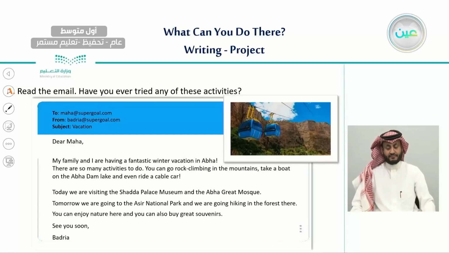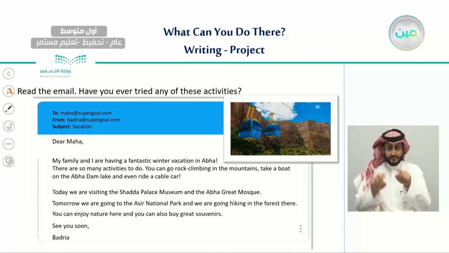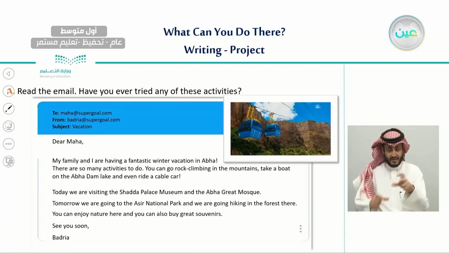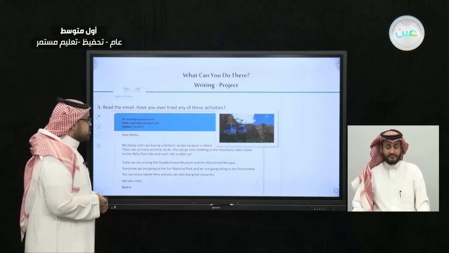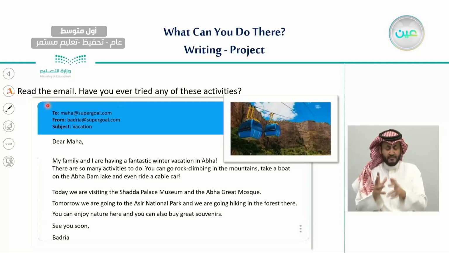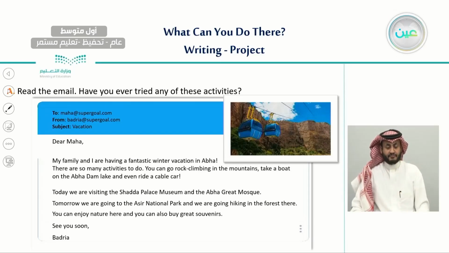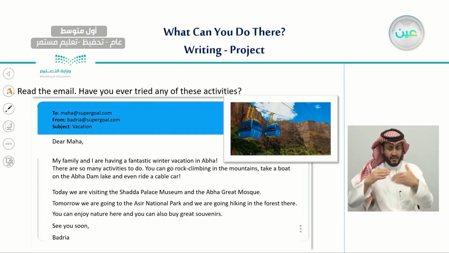So here you can see this email. We're going to read this email and explain its parts because you should write a similar email too. So let's talk about this email first. This is the "To", it means the receiver of this email. This is the "From", the sender of this email, and this is the subject. You need to write down what the subject of this email is. Now, let's read this email and then we're going to explain further about its parts.